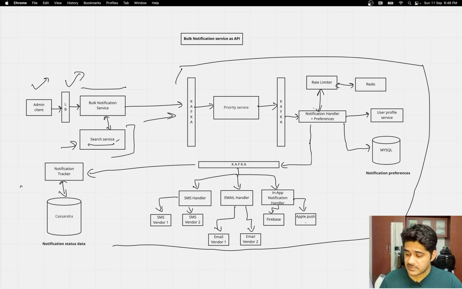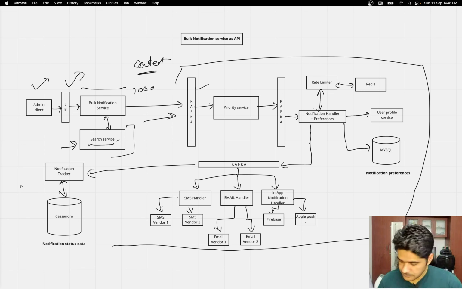Treat it as if now you have 1000 users whom you want to send this content or a notification. So you will bombard it to Kafka, and the rest of the things are as they are. It will be able to handle it, right? So this is the same as above.